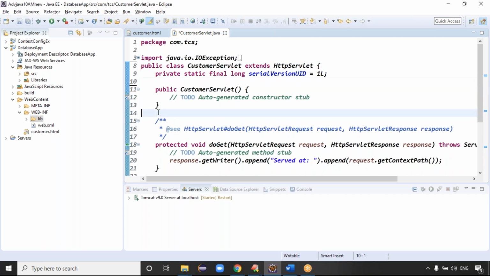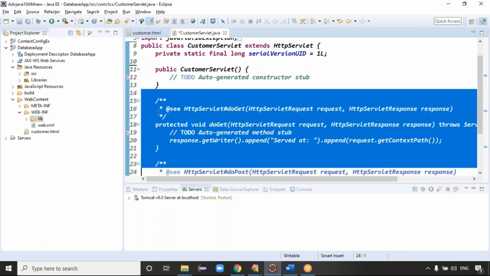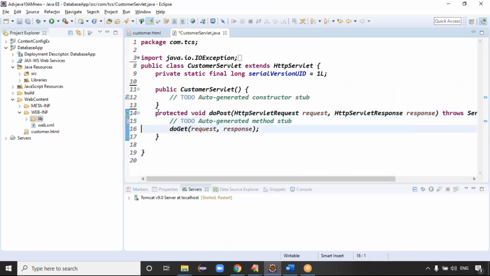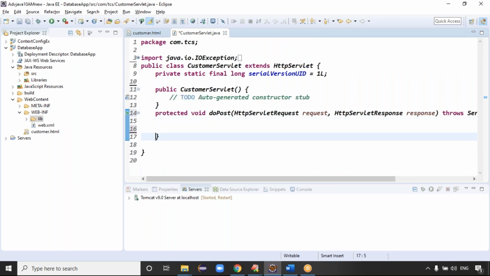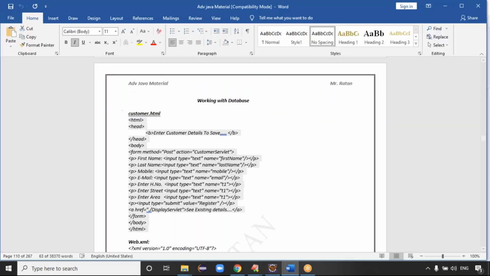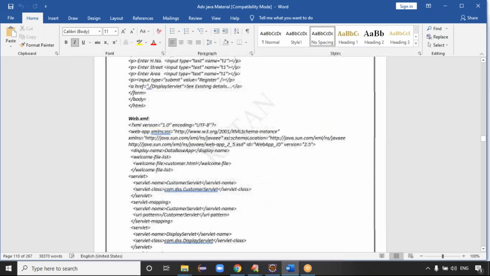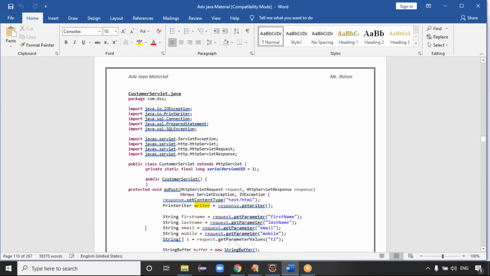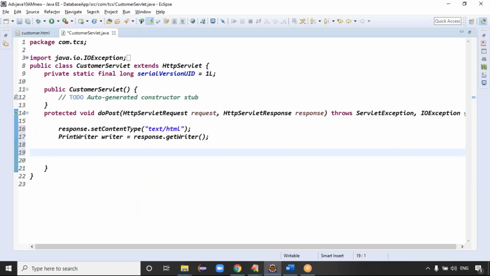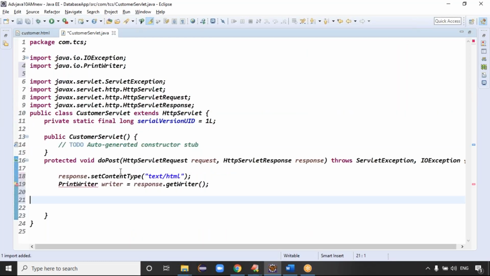We specify doPost request, right? Please override which method, guys? The doPost method, right? Exactly. Good guys. In the doPost method, we have to get the request data first of all, right? First of all, general settings, I hope everyone knows this code. response.setContentType text/html. PrintWriter out equals response.getWriter, right?